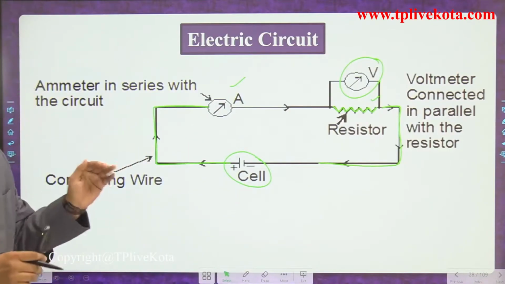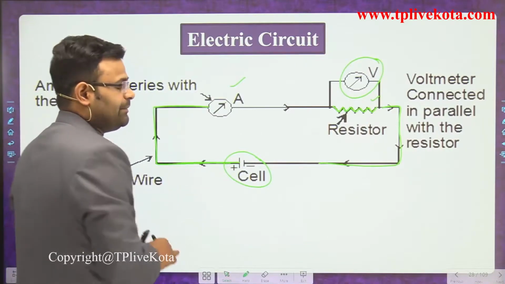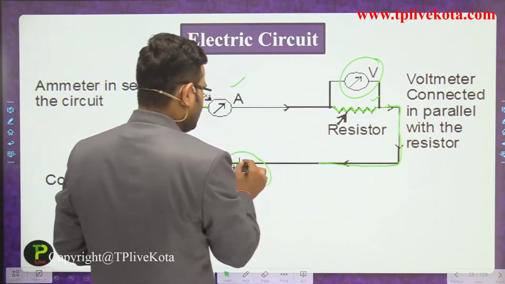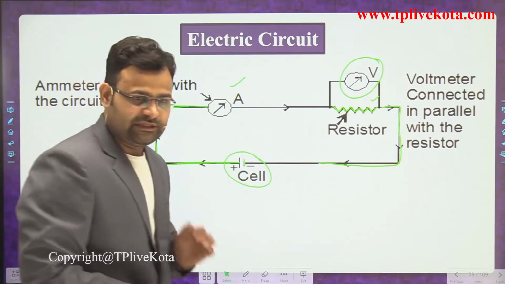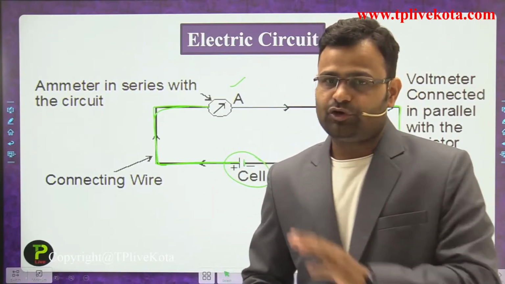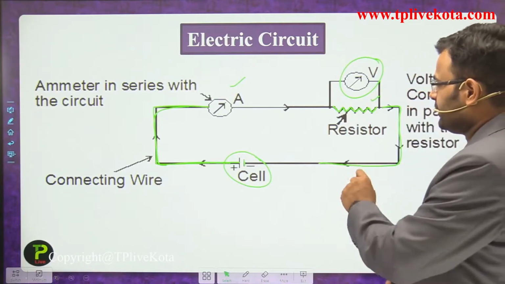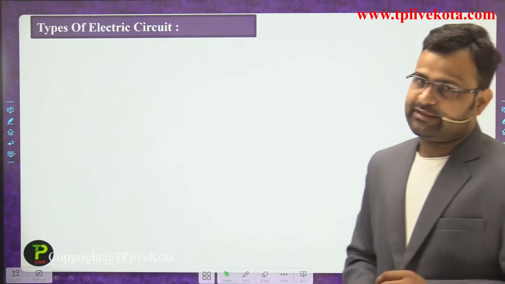connecting in a complete phenomenon, meaning the circuit will start from the positive terminal of a battery, and after moving through a complete path, come back to the negative terminal of the battery. So that is called an electrical circuit, and an electrical circuit contains all the required symbols and all required data. Okay, now we discuss the types of electrical circuit.